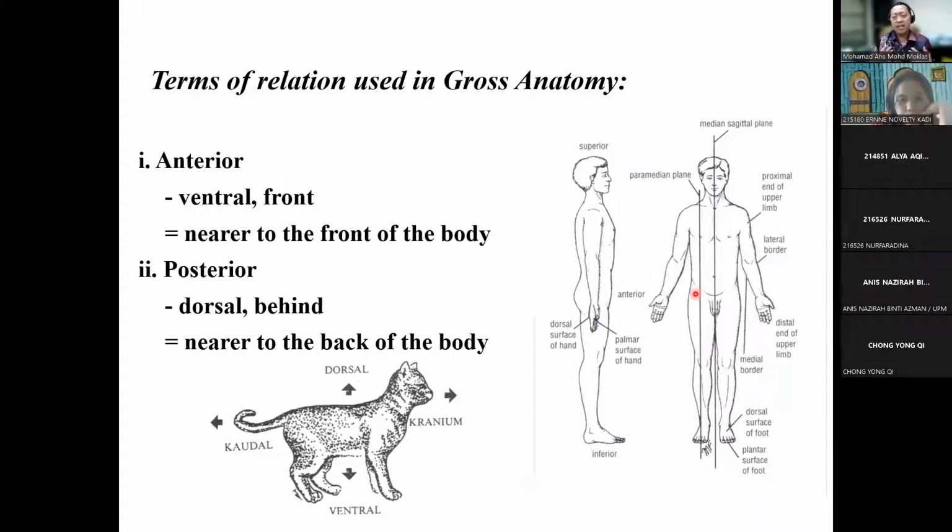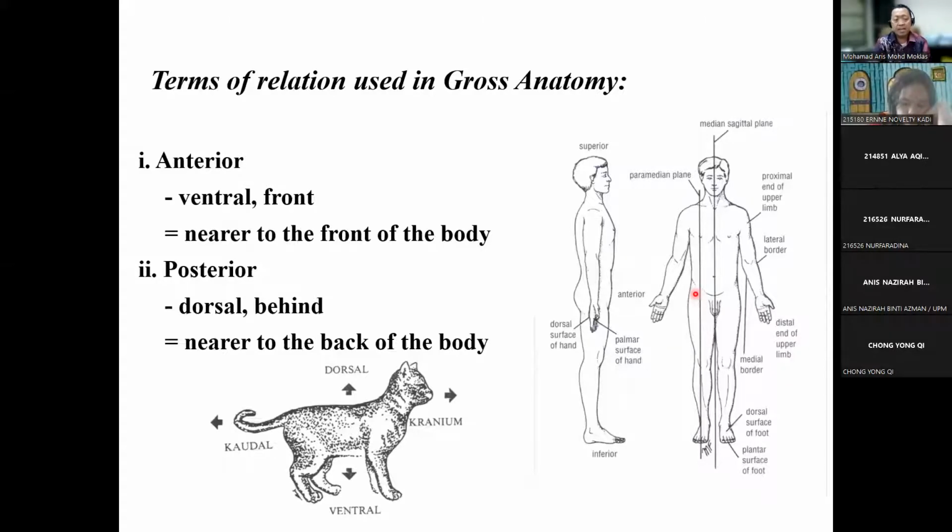When you describe anything located in front or at the back, in medicine we use terminology like anterior to describe nearer to the front of the body, or posterior for nearer to the back of the body or behind. So when you explain anything located in front, you use anterior, and the one at the back, we call it